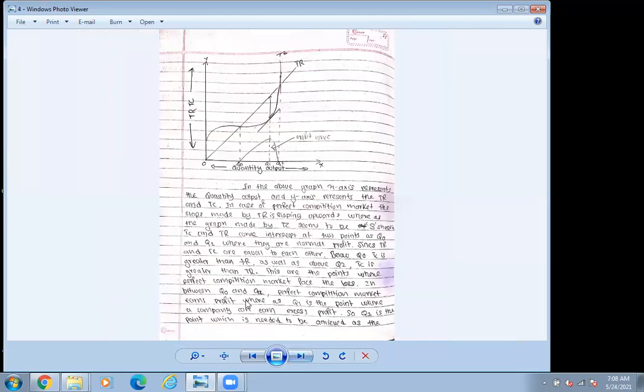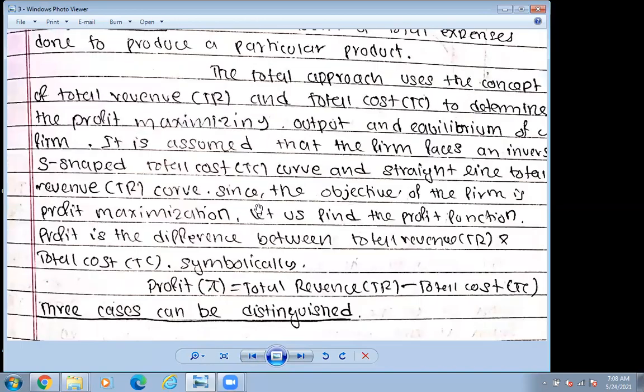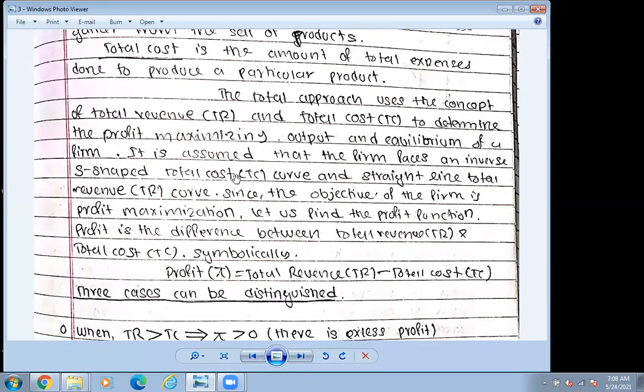So total cost जुन छ, it is going to be S-shaped, isn't it? Total cost is going to be S-shaped and total revenue is going to be the straight line. It is going to be 45-degree sloping upward. It is assumed that the firm faces an inverse, भनेको उल्टो खालको S-shape देखिन्छ. And TR seems to be a straight line, and the objective of this firm is the